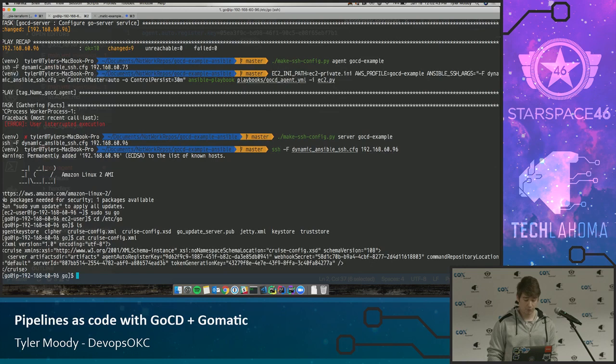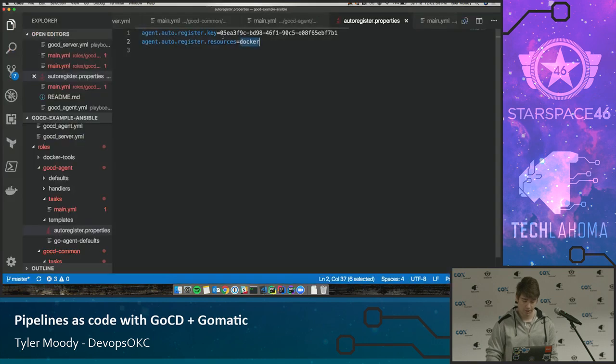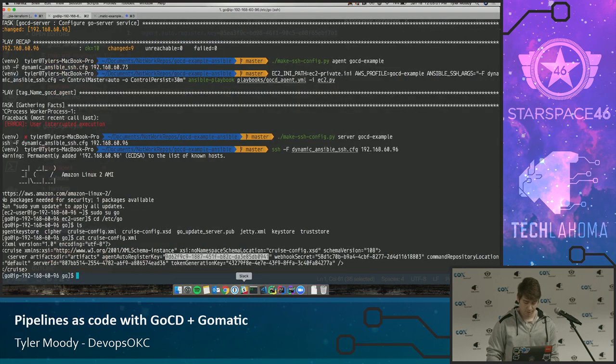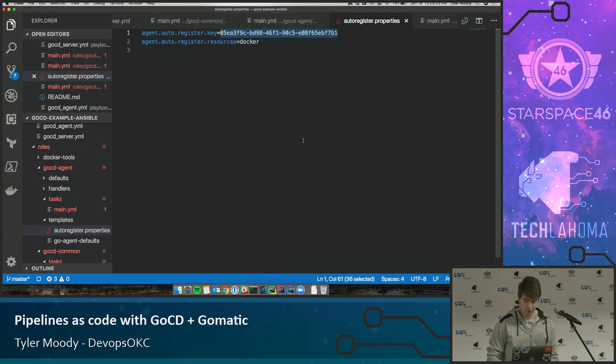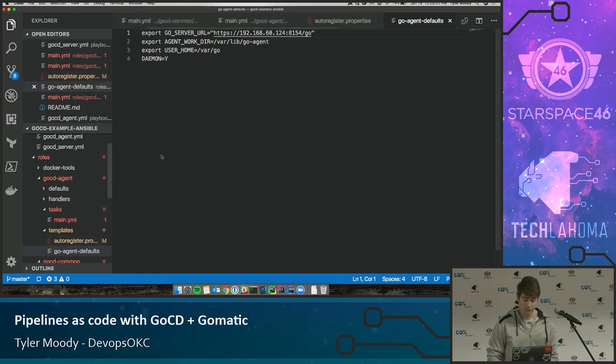All right, so here's my auto register key. And every time you stand up a new server, it's going to be different unless you set that explicitly by pushing a cruise config out before you start it. So we've got that. We can drop that into here. And then the last thing, hit Control-C, copy-paste, most dangerous tool out there. All right, new auto register key,